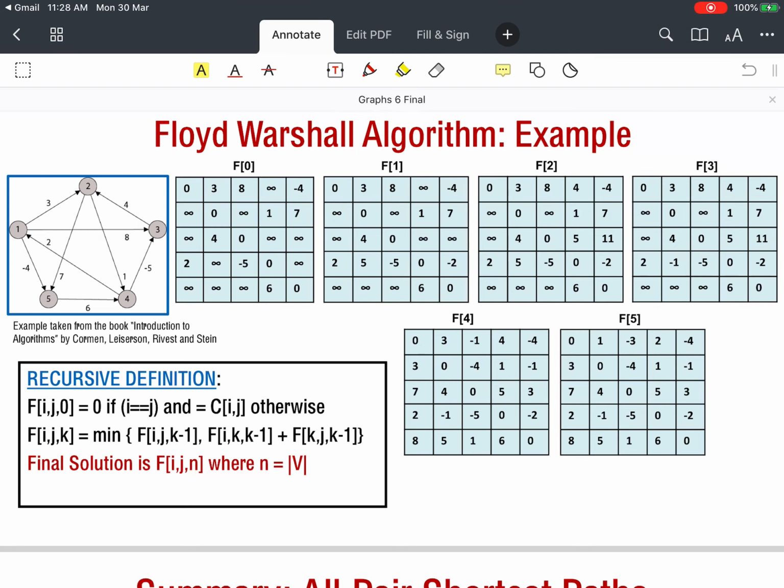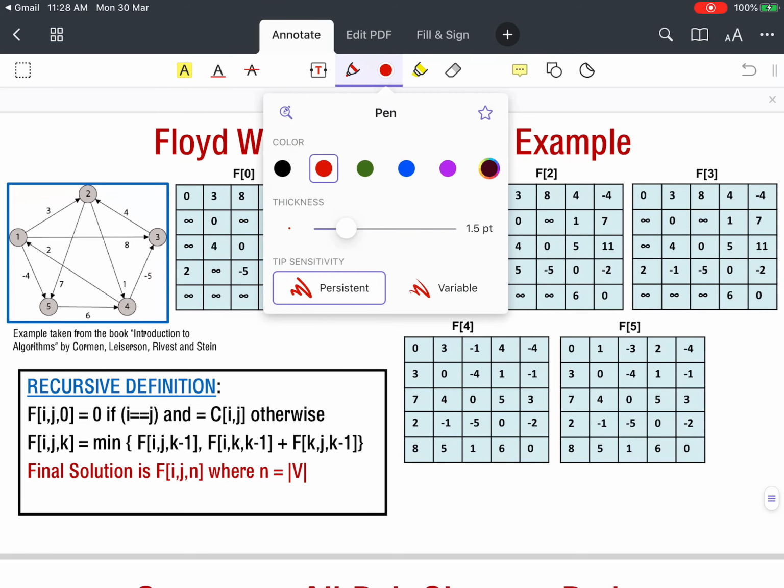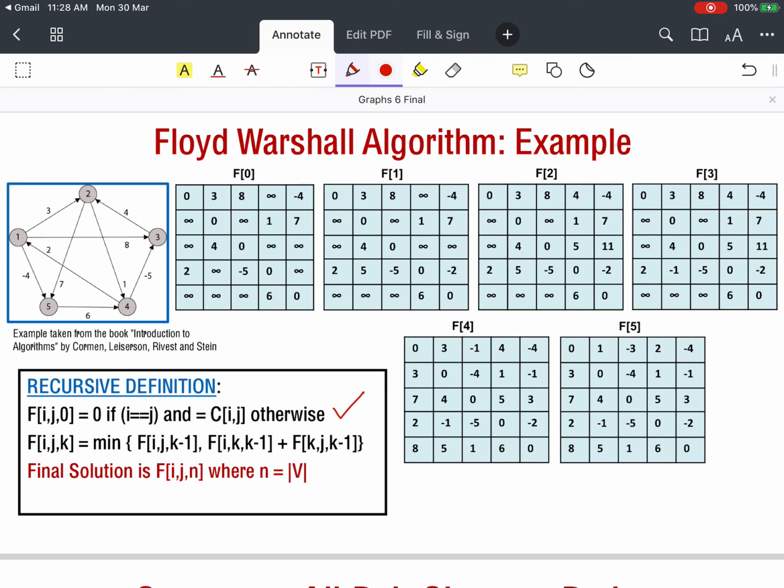Example of the Floyd-Warshall algorithm. In the Floyd-Warshall algorithm we know that as a basis, Fij0 was 0 on the diagonals and the cost of the direct edges otherwise. So what is F1? F1 is all the costs that are from i to j through node 1. That is, we again remember Fijk is the cost of the minimum cost path.